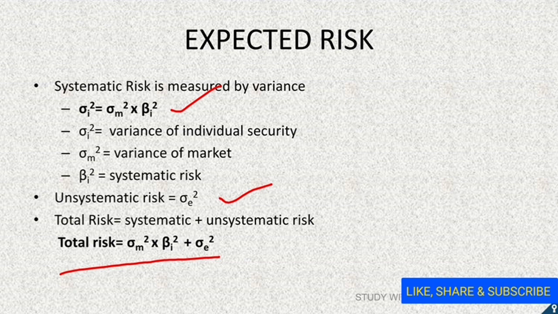I hope now it is clear to everyone what the Sharpe index model is and how it is different from the Markowitz model. In the Markowitz model we have to study the correlation of one security with another security, whereas in the Sharpe index model you have to study the relation of the individual security with the one common parameter, that is market or the stock index. This is why this model is known as single index model.